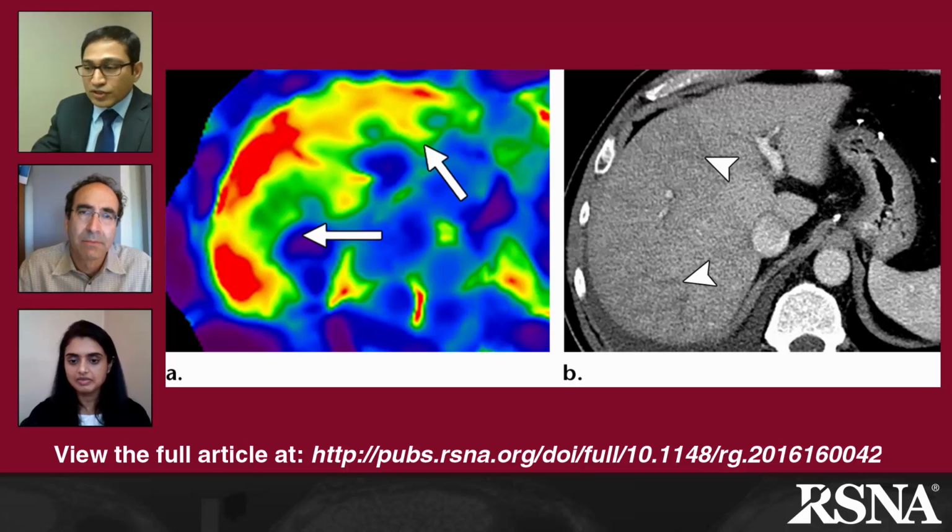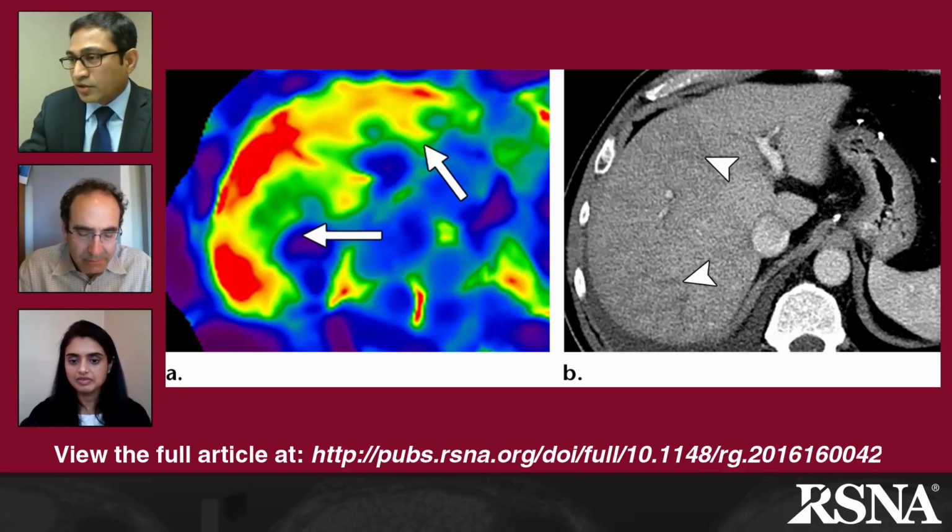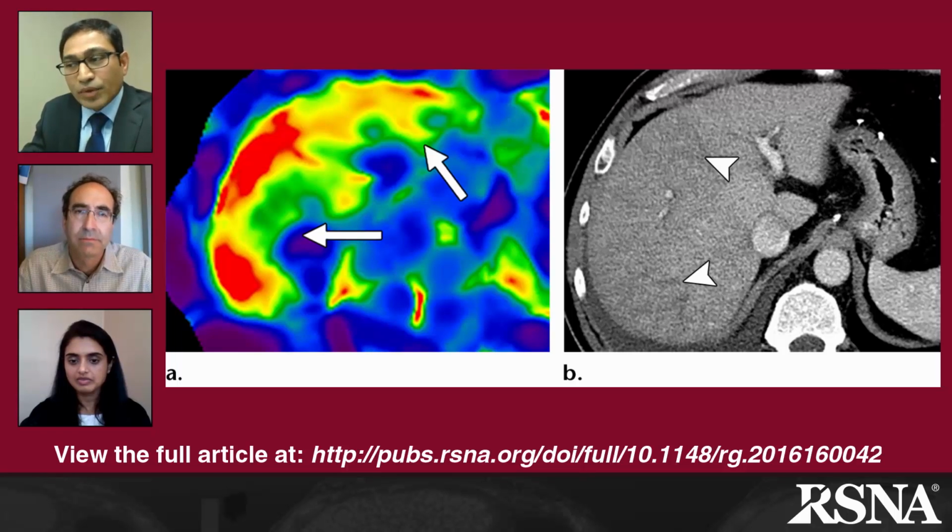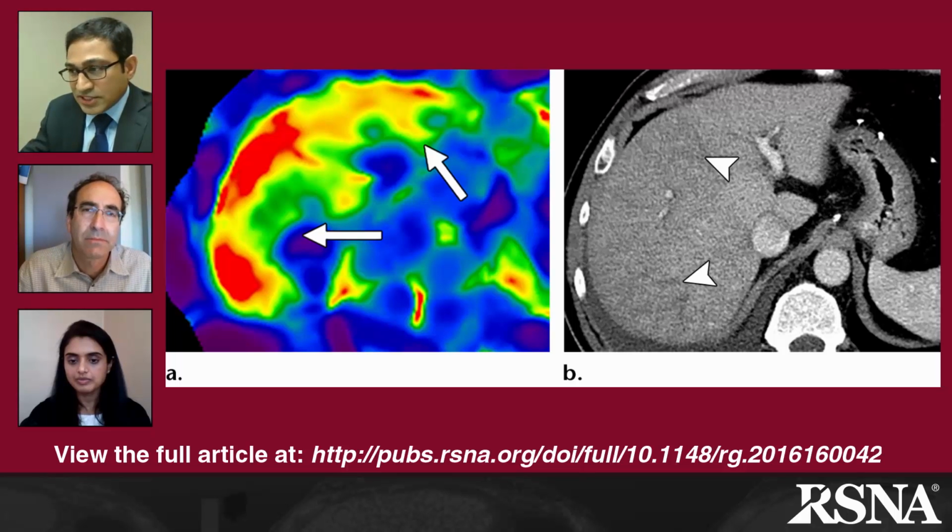The one on the left will show, I'm bringing up the image on my hand over here. The top images, A and B, on the left show the stiffness map, and on the right is the contrast enhanced CT. Now, if you look at the contrast enhanced CT, there is peripheral hypodensity where the arrowhead shows, and this is an area of passive congestion. This patient has constrictive pericarditis, and you can see the IVC is kind of congested, and this leads to passive congestion. And this passive congestion goes all the way to the sinusoid levels and stretches the capsule and predominantly affects the peripheral part of the liver.